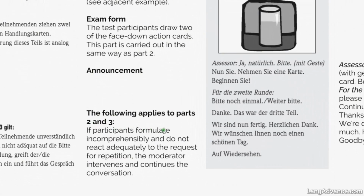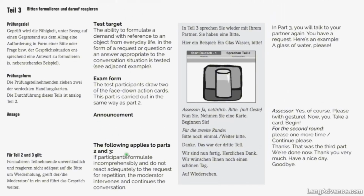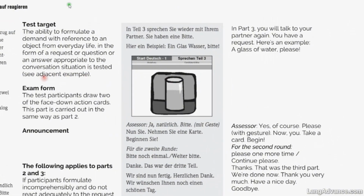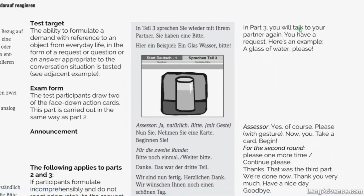If participants formulate incomprehensibly and do not react adequately to the request for a repetition, the moderator intervenes and continues the conversation. Okay. So this is what happens if somebody says something which is not understandable, which you will not do, of course. So and then here, this part, the gray column, in part 3, you will talk